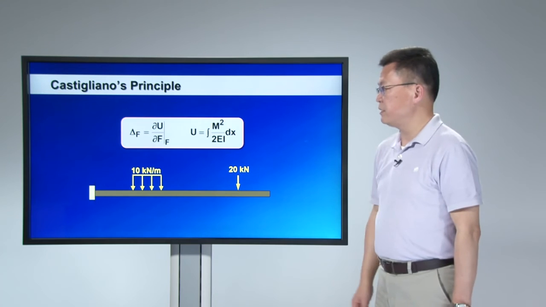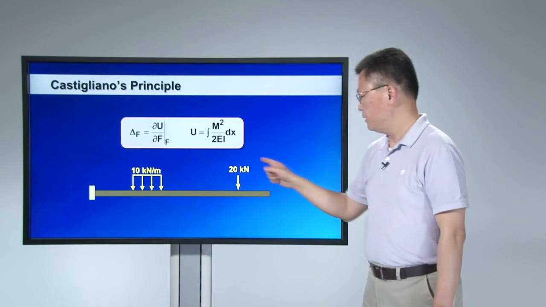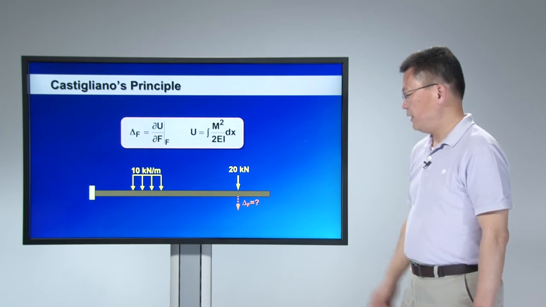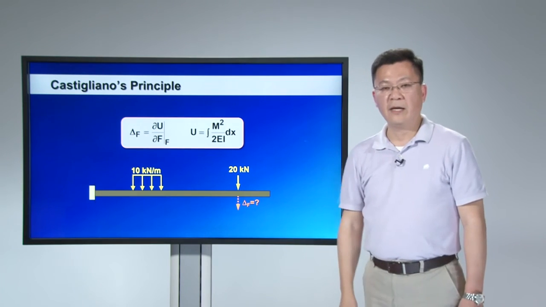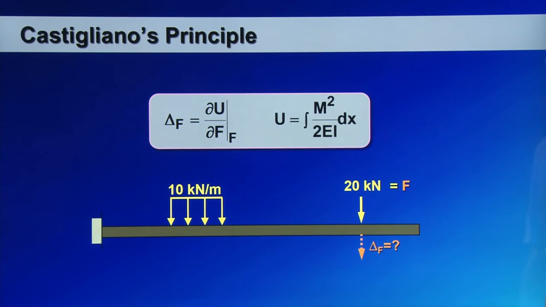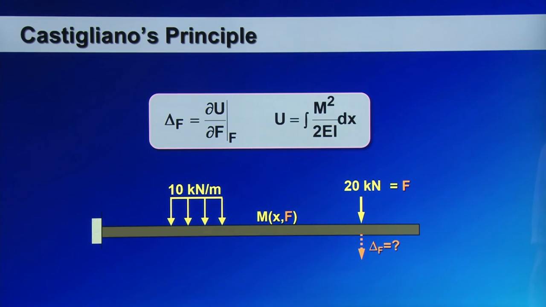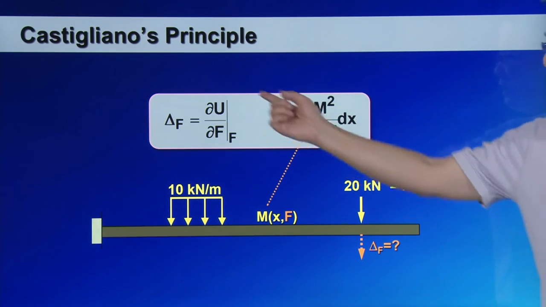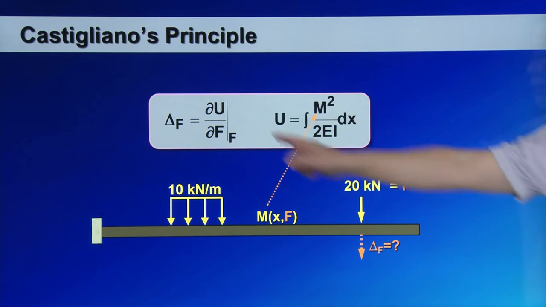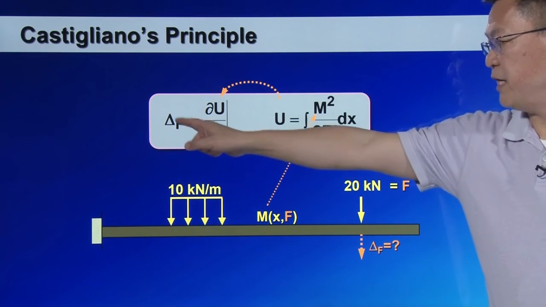Let me show you how you can use the Castigliano equation to solve deformations of this cantilever beam. This beam is undergoing a distributed force and a concentrated force. And I want to find the deformation at the location where you apply this concentrated force. First you assume this concentrated force is F and express the internal bending moment as a function of F. Substitute this internal bending moment inside the strain energy expression, and then carry this strain energy into the Castigliano equation. Take the derivative with respect to F, and then set F equal to 20 kilonewtons. Then you will obtain the deformation,